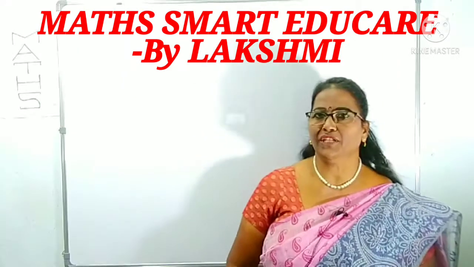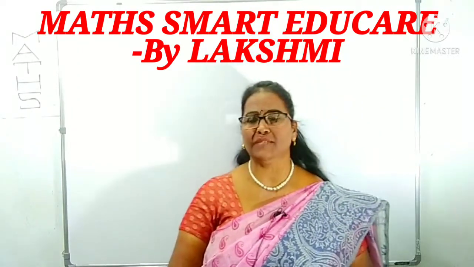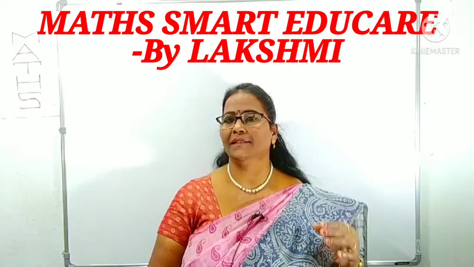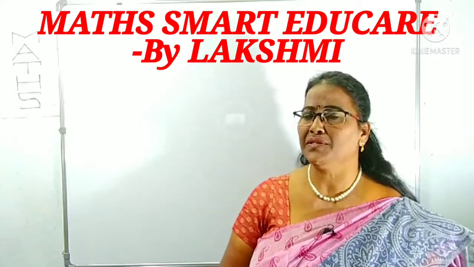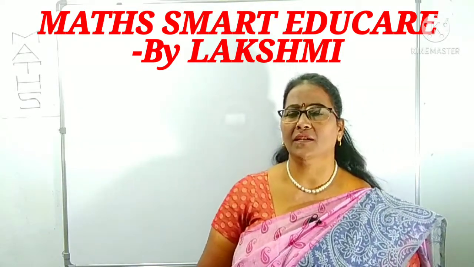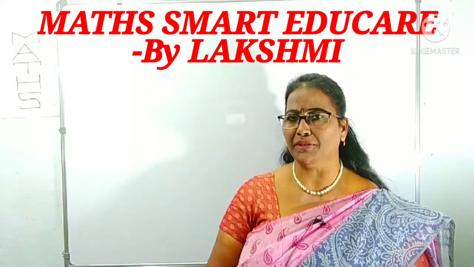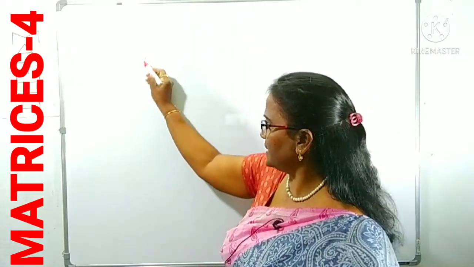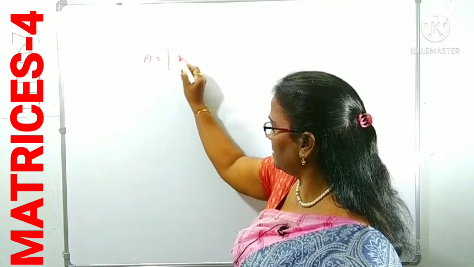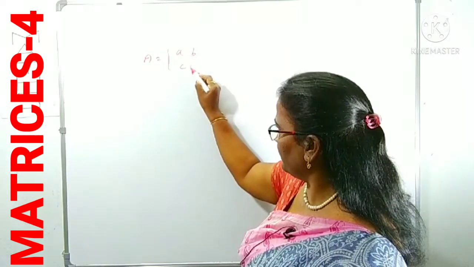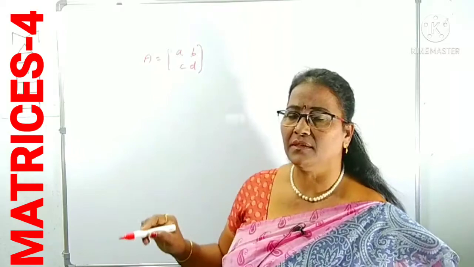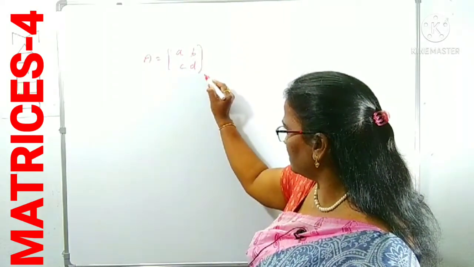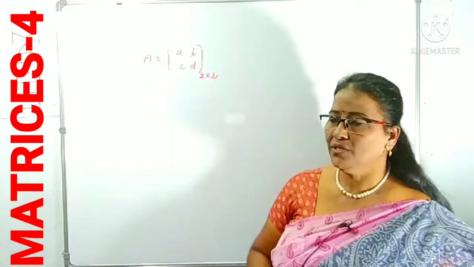Okay, first of all, you have to know in this part what is the determinant of the 2 by 2 matrix as well as 3 by 3 matrix. Determinant, which value is nothing but determinant of matrix, what is its symbol. About the 2 by 2 matrix, I am explaining first of all. Suppose A is any matrix, it contains the 4 elements like this, a, b, c, d. This is called as 2 by 2 matrix because it contains 2 rows and 2 columns. What is this order? 2 by 2.